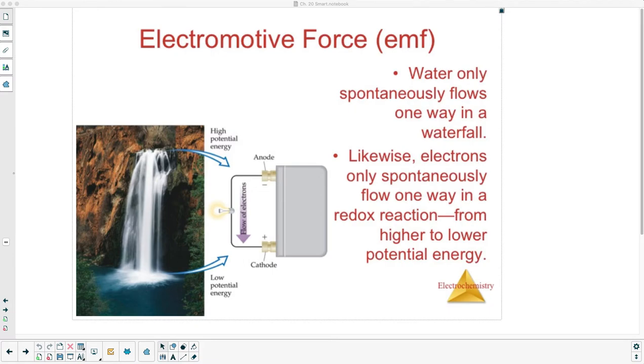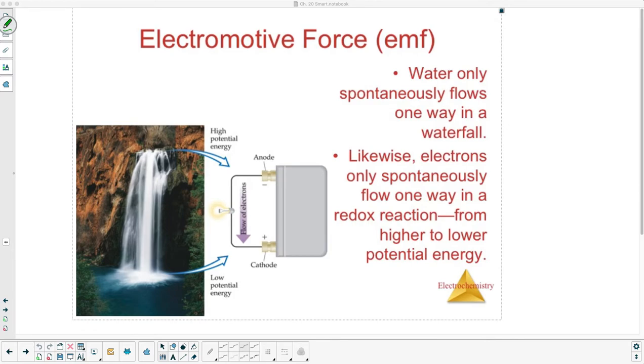All right, class, this is 20.4 notes on electromotive force, EMF. Water only spontaneously flows one way in a waterfall. That's true also when we're talking about electrons in a voltaic cell situation. So we have our anode, which is the negative part, the cathode, which is the positive part, and the difference